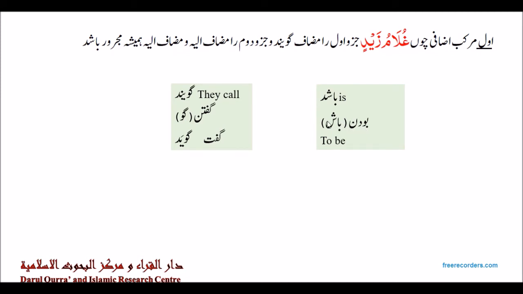And from the stem that we have in brackets over here, bashad, we make the present tense, the mudari, or the future. Well, the present tense. So we make it from here. So we take bash, we add the dal at the end with the fatha before it. Bash is the stem, it will become bashad. So bashad now means is. The present tense of to be is. So that's why we translate it as is. So the second part, mudaf ilay, is always majroor.